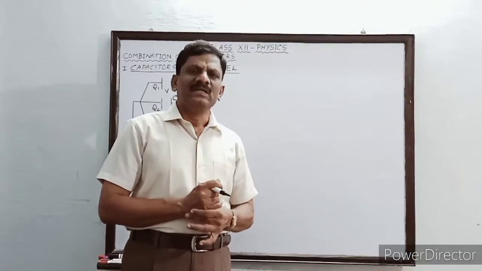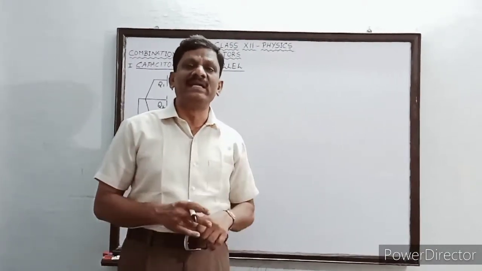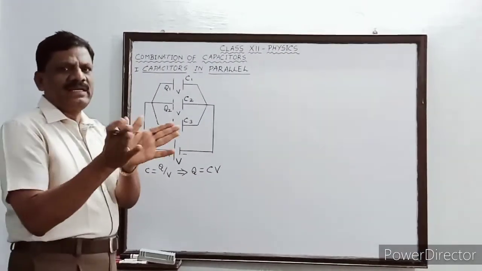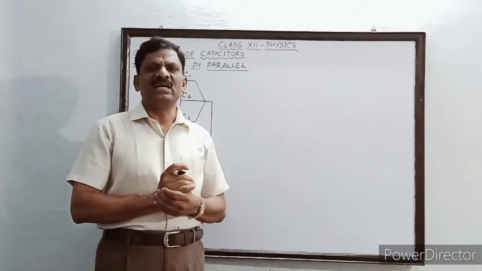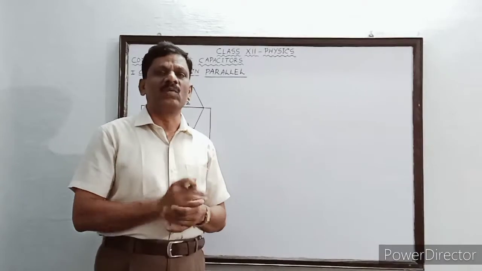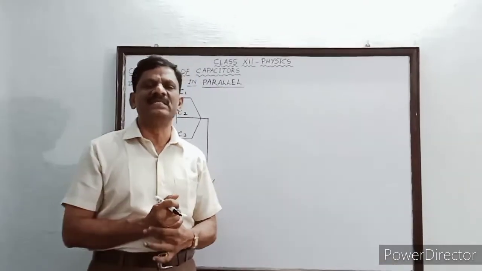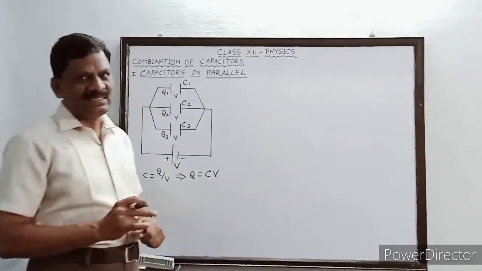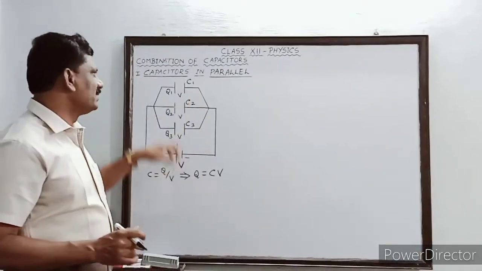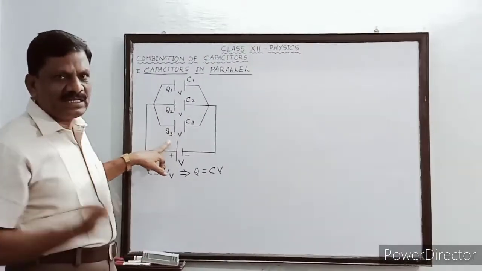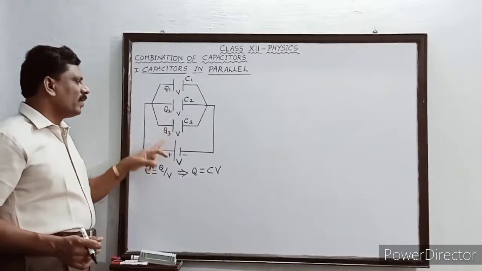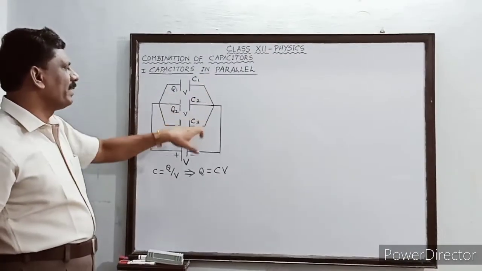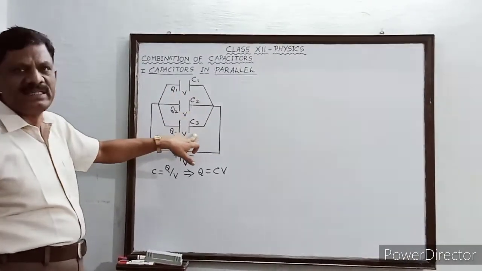But this time, what will happen to the charges supplied by the battery? When the charges are distributed by the battery, after reaching this point, there are 3 ways or paths for the charges to flow. Therefore, what will happen? Here, the quantity of charges stored in each capacitor will not be same. They will be different, depending upon the capacities or capacitances of the capacitors. The charges stored will be different. So let Q1, Q2 and Q3 be the individual quantity of charges stored in each capacitor, namely C1, C2 and C3 respectively.